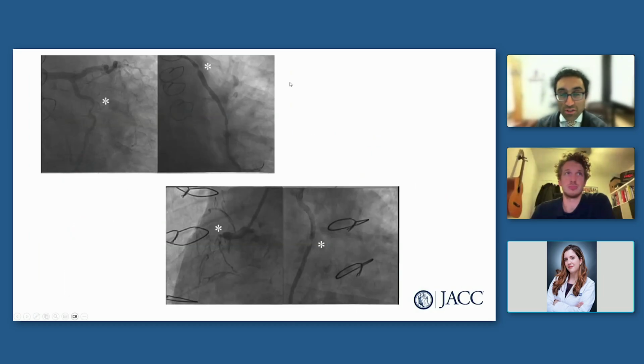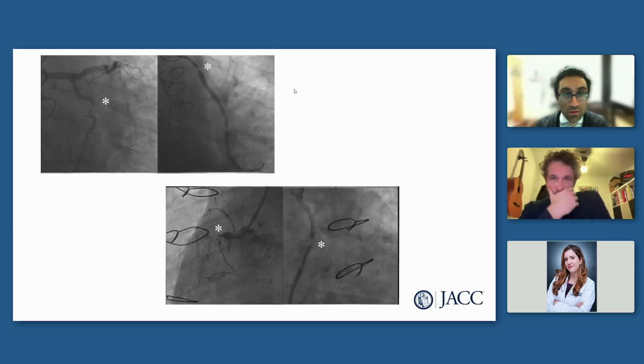Megan, for those of us who are not interventionalists, who don't look at cath films all day, I included, these were actually still frame shots from one of the figures from the paper, where they showed what kind of patients we're looking at. The top set of images is one patient, the bottom set of images is another patient. Do you mind, Megan, just explaining what we're looking at here?